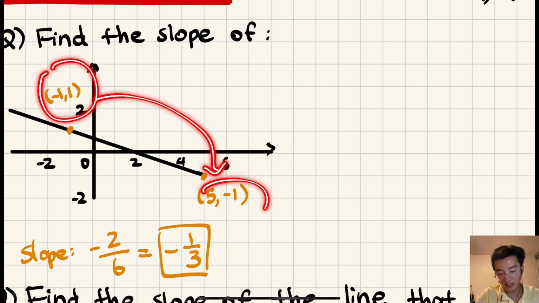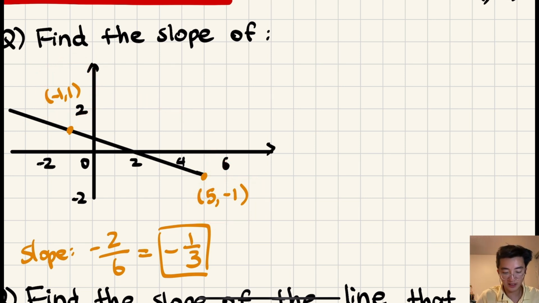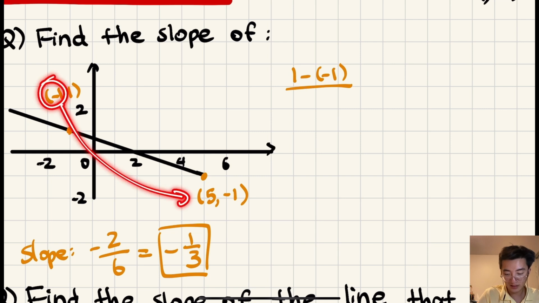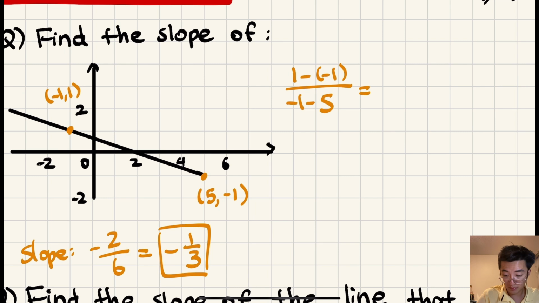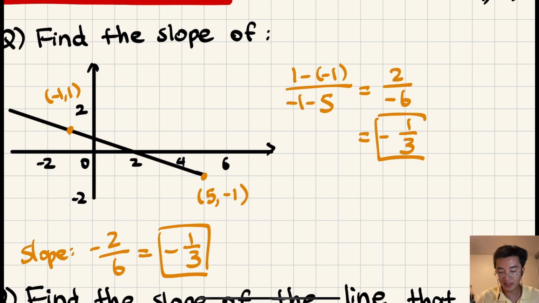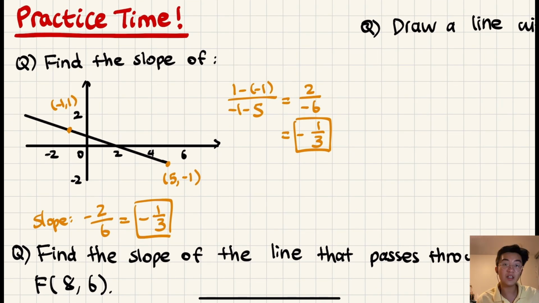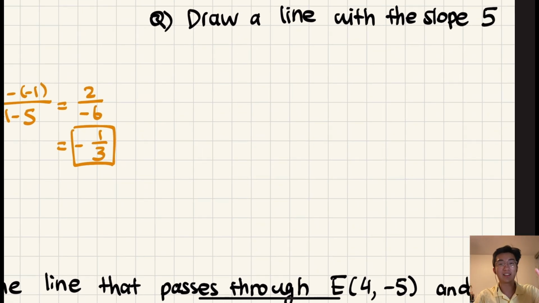Algebraically, we can also say, okay, so let's just do this point here, subtract this point. Actually, it doesn't really matter. Let's just do this point this time. So this point here, subtract by this point. So let's say y value, so this y value minus this y value. So you get 1 minus -1. And the x value, this x value minus this x value. Get -1 minus 5. 1 minus -1 is +2. And then -1 minus 5 is -6. And we get -1 over 3 again after reducing. Right? So it doesn't matter which points or which points subtract by which points, as long as you're subtracting 2 points and the y's at the top, x at the bottom,